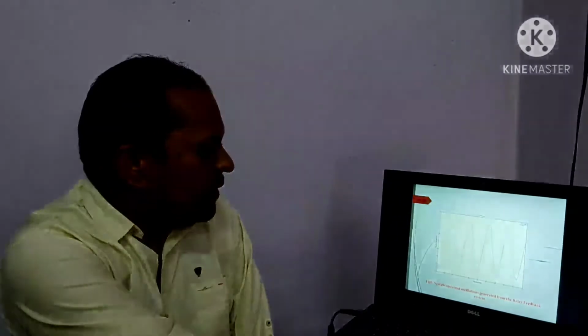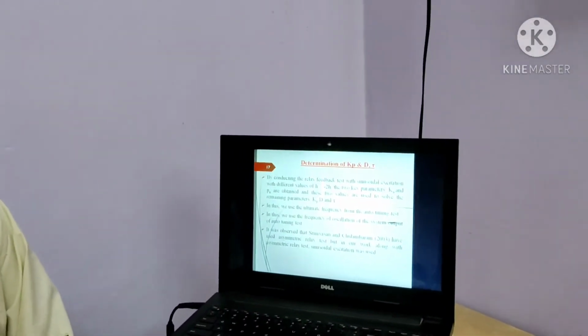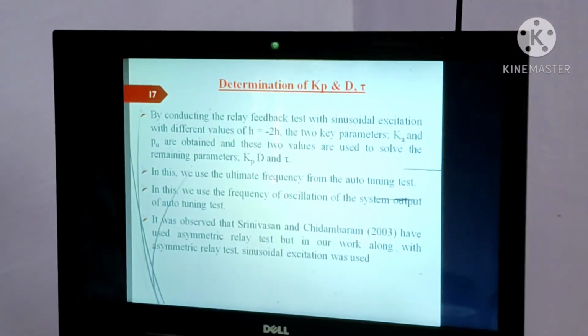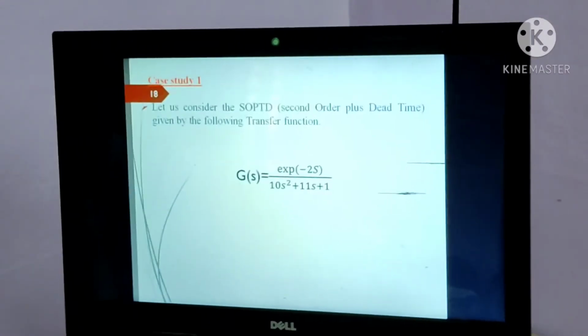So this is the input of the sustained oscillations generated from the relay feedback system, and these are the parameters that we need to determine after getting the input output data. These parameters are the process gain, time delay and time constant, and from this we can